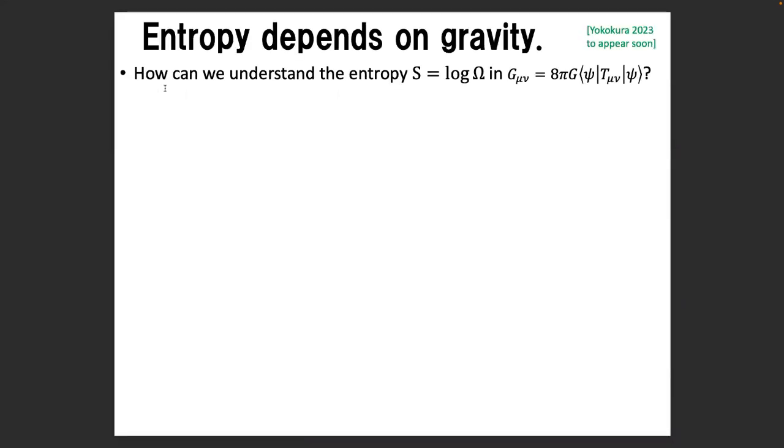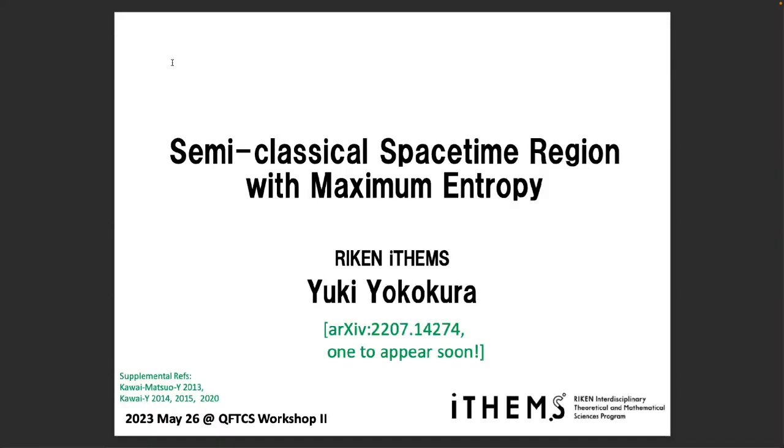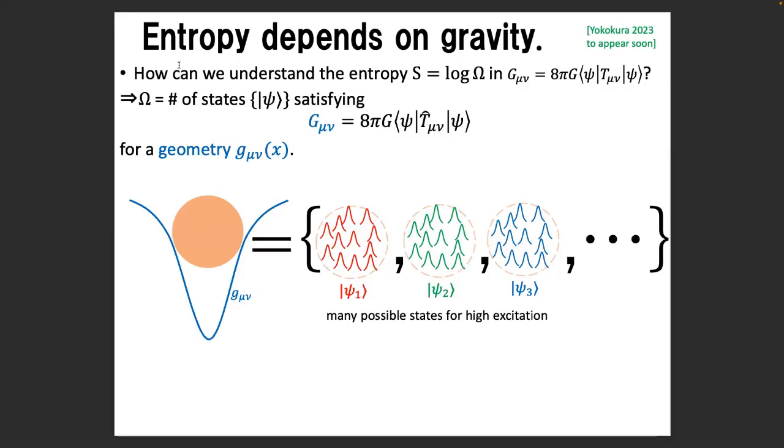Now, we have our fundamental question. How can we understand the meaning of information in the semi-classical Einstein equation? Here I will give just a rough idea. I'm sorry, I don't have the complete formulation. The answer is that entropy should be given by the number of states satisfying the semi-classical Einstein equation for a